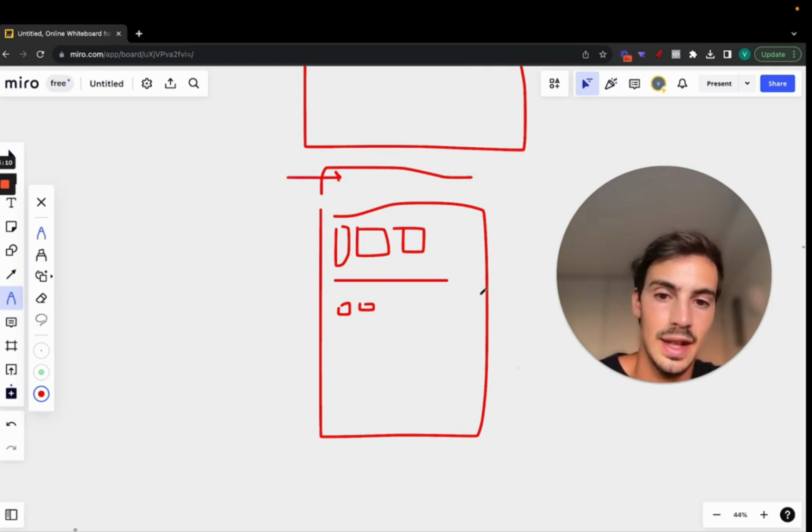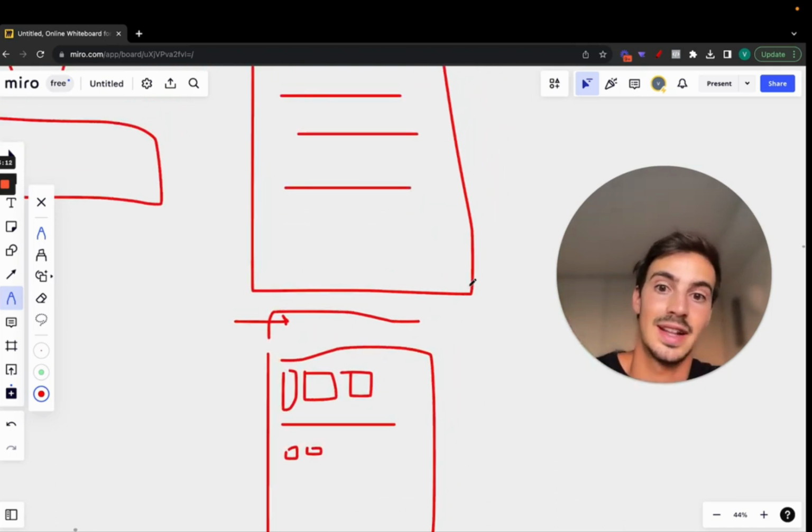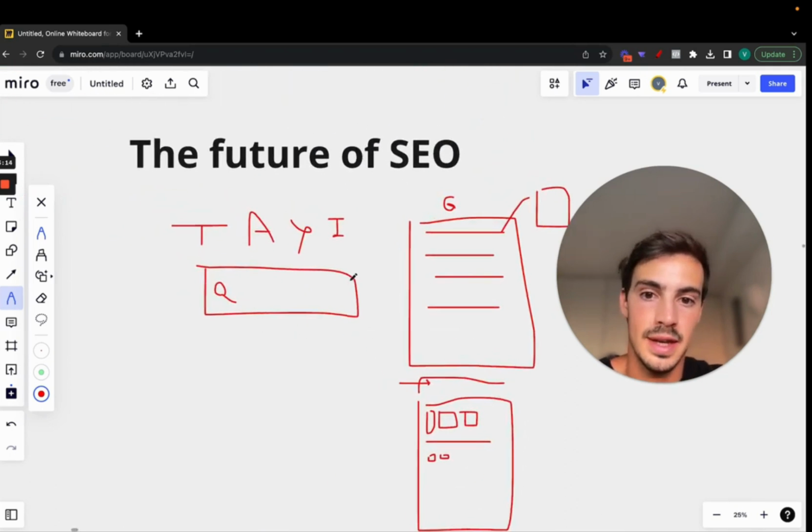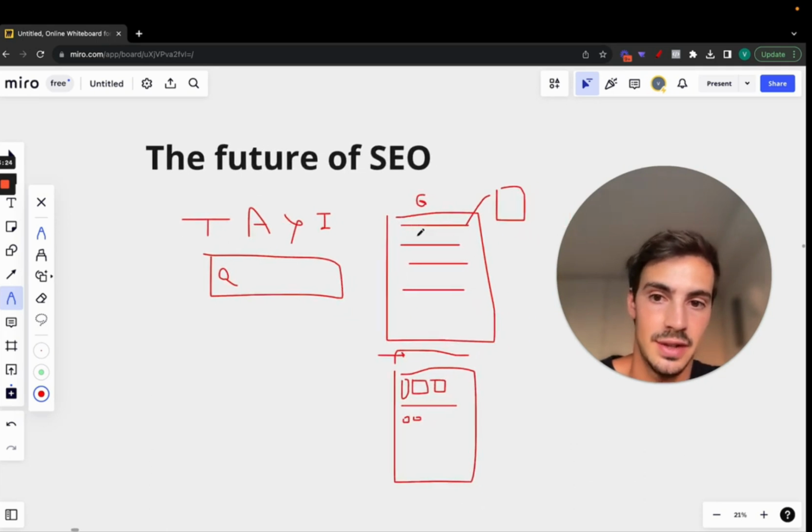So the landscape of how a search engine looks and is utilized is changing, because also people have new needs, right? People no longer want to read that many blogs. People want to see engaging content and get it fast, whether it's through video, audio, whatever it is, right? So that's changing. That's partly why I wanted to make this video, right?